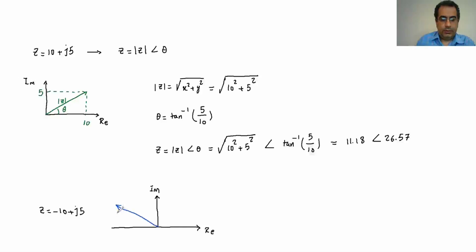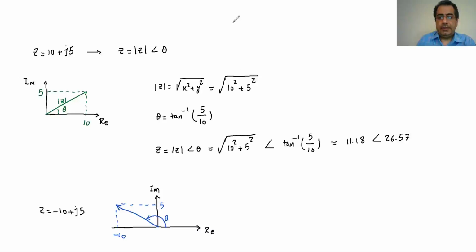It's going to look like that. So it's going to be negative 10 and it's going to be 5. The problem with this one is that if you go and calculate, this time the theta is this. This is the theta. So it goes from here to here, from the real. But if you calculate the theta here, what you are going to get is that for this case, the